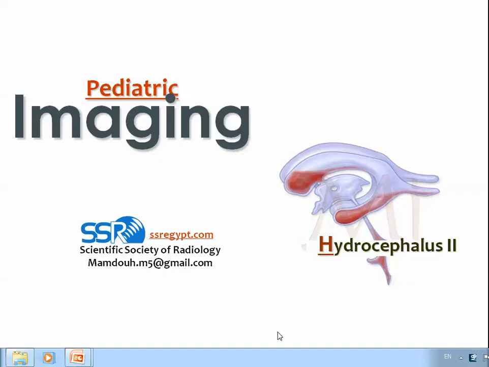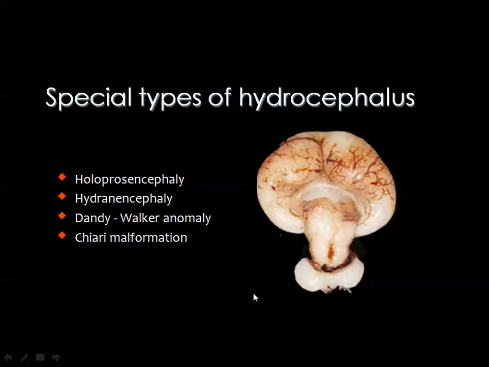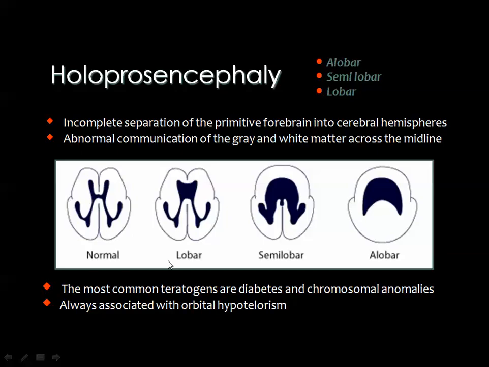Dear colleagues, we are now continuing the lecture on hydrocephalus. We have finished with the regular types of hydrocephalus. Now we are dealing with some special types of hydrocephalus, which will include holoprosencephaly, hydranencephaly, Dandy-Walker anomaly, and the Chiari malformation. Starting first with holoprosencephaly, which is a type of hydrocephalus where there is no differentiation into the